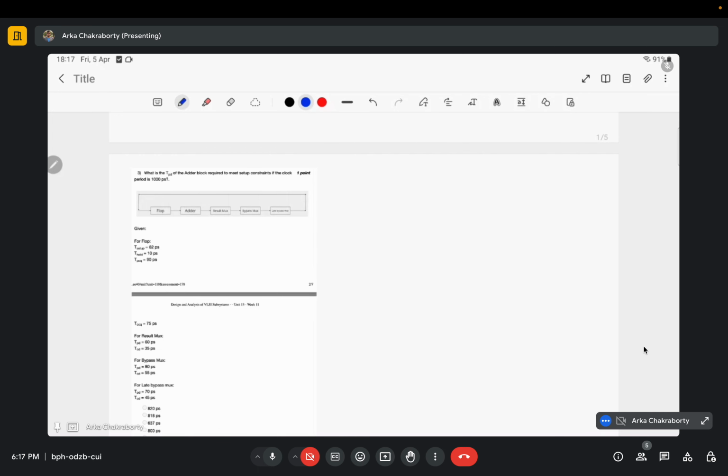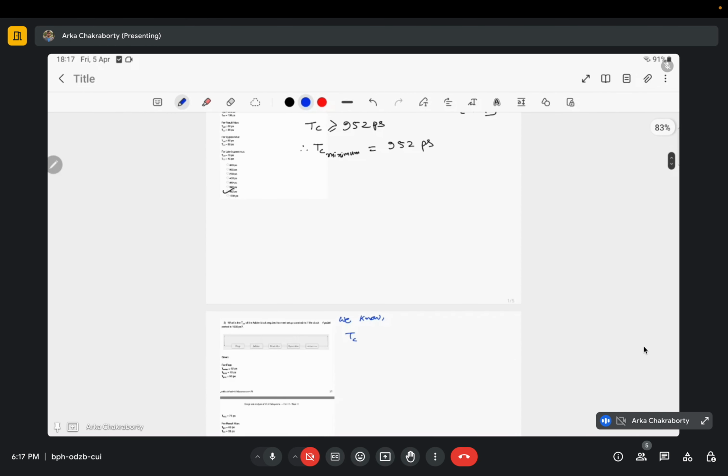We are just given different values for different variables inside this equation, and we have to find the other variable that has been asked, nothing else. So we know TC, what was the formula? Greater than or equal to